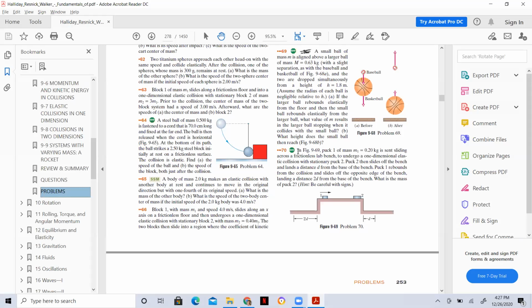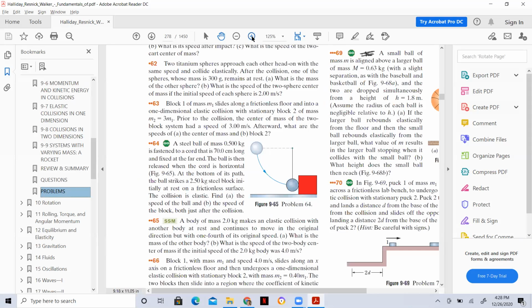Hello everyone. So there is another question from Resnick Halliday's 10th edition. This is chapter 9, question number 70. So the question reads,